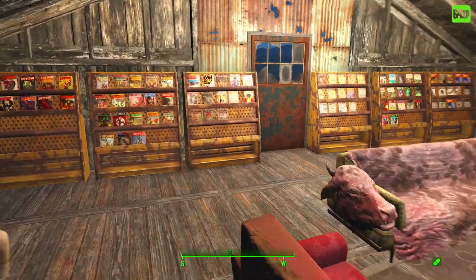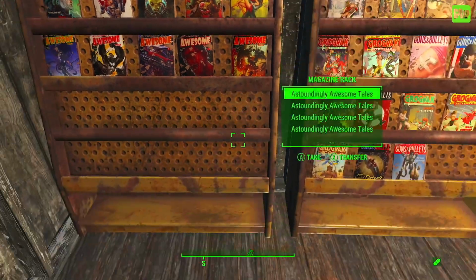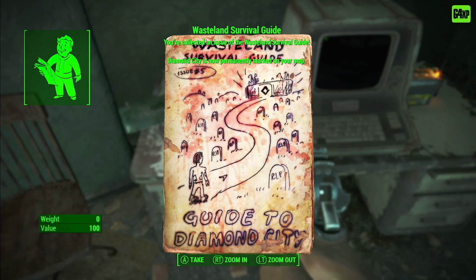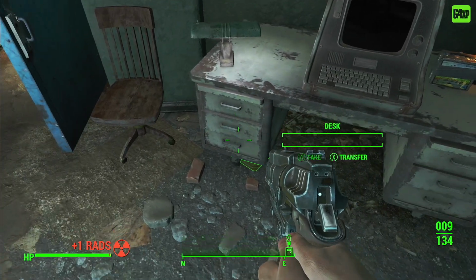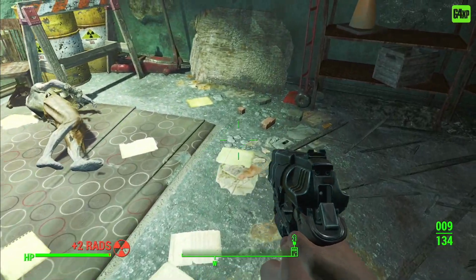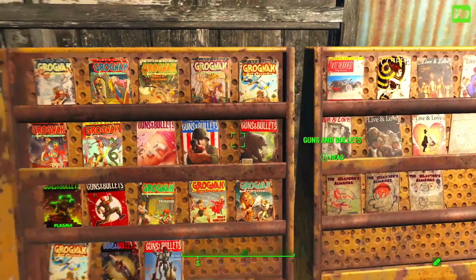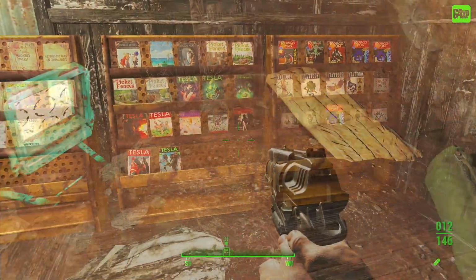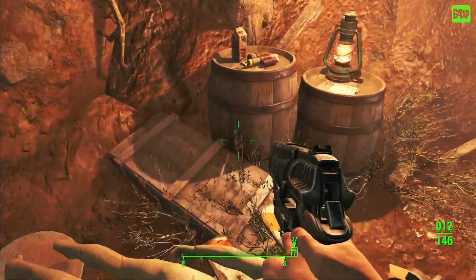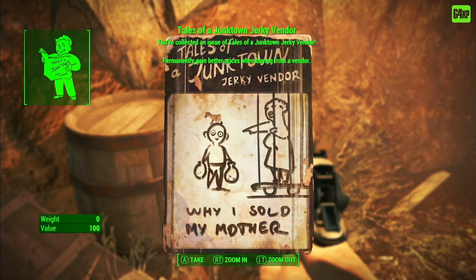Likewise, there are a number of magazines scattered across the Commonwealth for you to pick up, and they all give you different buffs depending on what you're doing. So these, again, you can pick up. This is like another side game over and above the bobbleheads, and there is a ton of these magazines to collect. It's maybe not necessarily something that you need to physically go out and focus on,